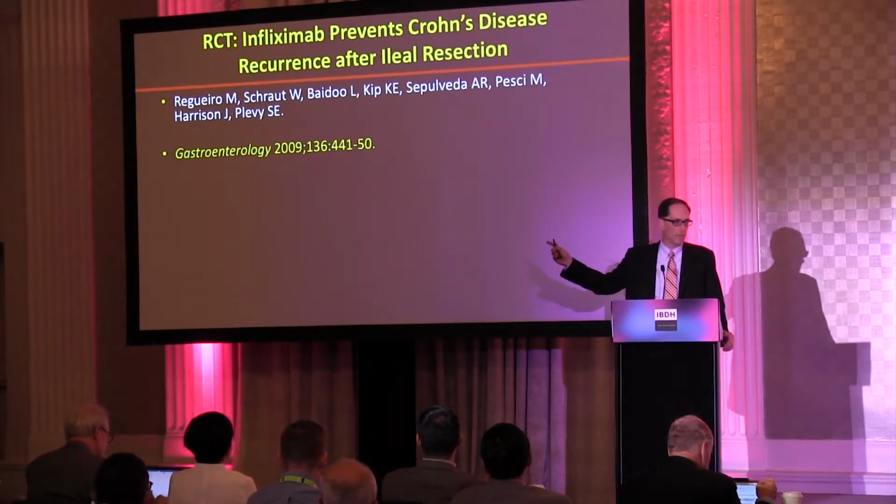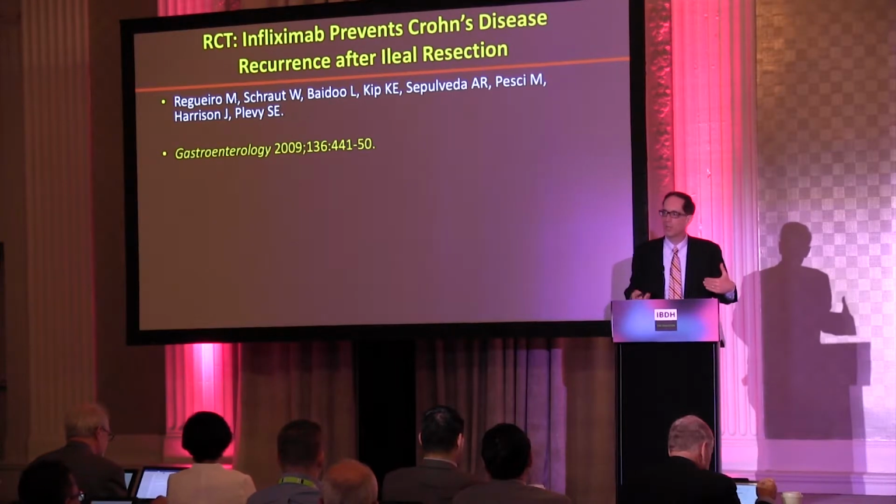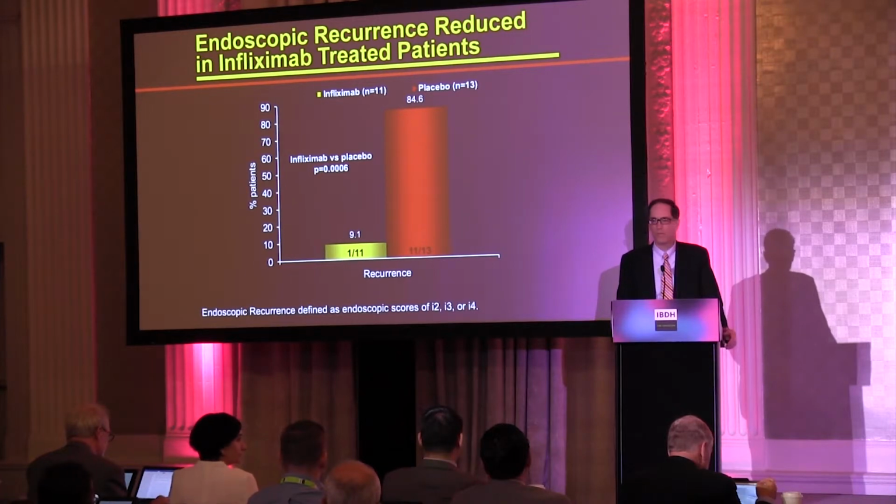One key point when you read any post-op study is, what is the primary endpoint? The primary endpoint in this study was endoscopic recurrence at 1 year. So we wanted to know how it looked. We didn't care as much about their symptoms. In this study, placebo in red, infliximab in yellow, we found a very large difference: 85% of our patients treated with placebo had an endoscopic recurrence, which was significant, meaning they had a score of 2, 3, or 4,